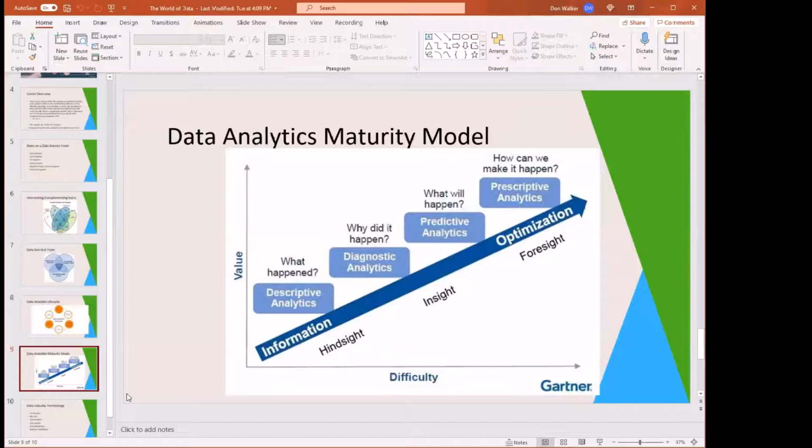But depending on how you've set up your metrics and how your organization does analytics, you can move from lower left to upper right and figure out why something happened, if you look at all the factors. Like if there's a bottleneck in the supply chain, like right now, if you had access to all the data, you might be able to diagnose exactly what's going on with the port of Long Beach in California being stacked up with container ships. The truckers are blaming the longshoremen, and the longshoremen are blaming the ship captains, and I